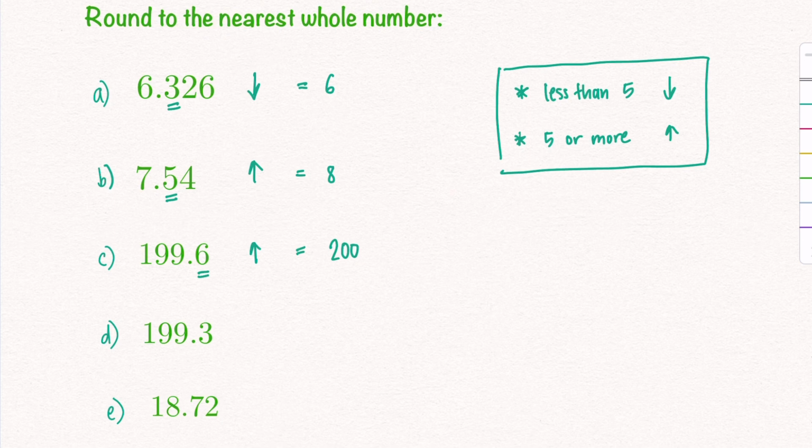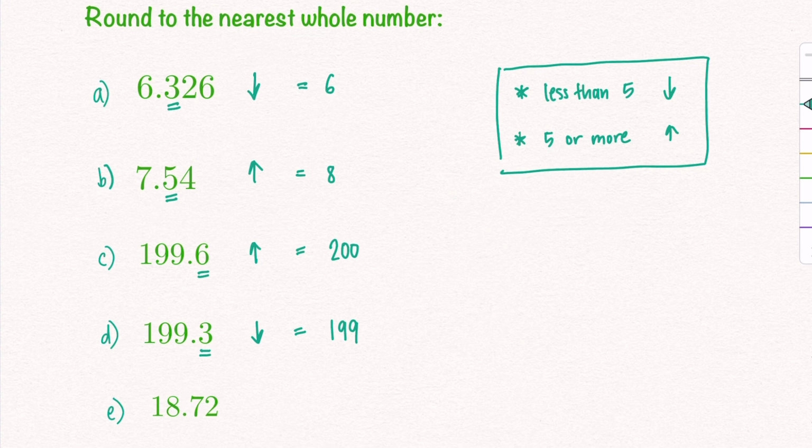Next one, we have 199 and 3/10. And the digit after the 1 being rounded, the whole number, is the 3. And 3 is less than 5, so we need to round down. So 199 and 3/10 rounds down to